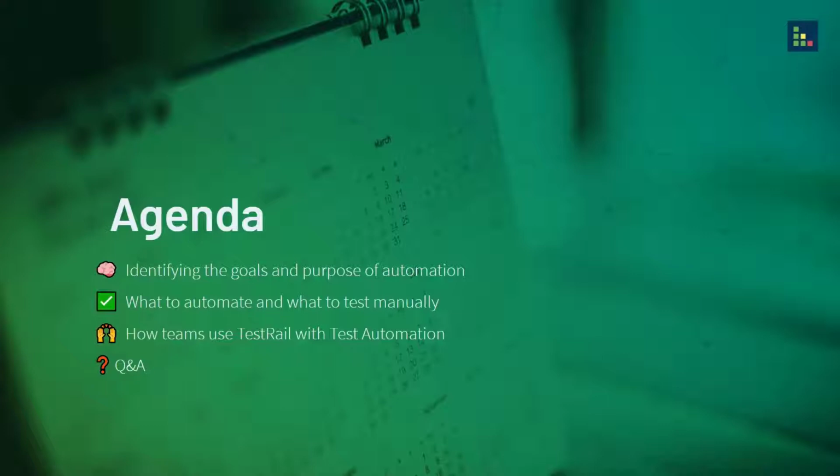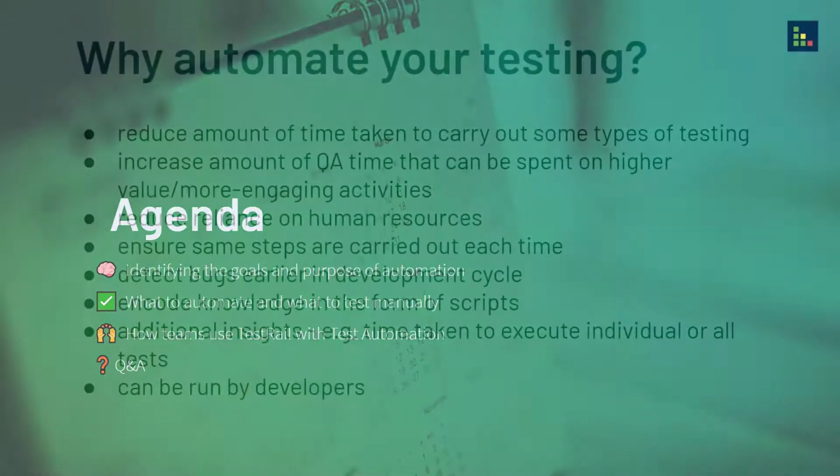And then I'll talk a little bit about how teams currently use TestRail for test automation, and finish up with some of the ways that we hope they'll use it in the future, based on some of the new features that we're working on on the TestRail roadmap. So without further ado,